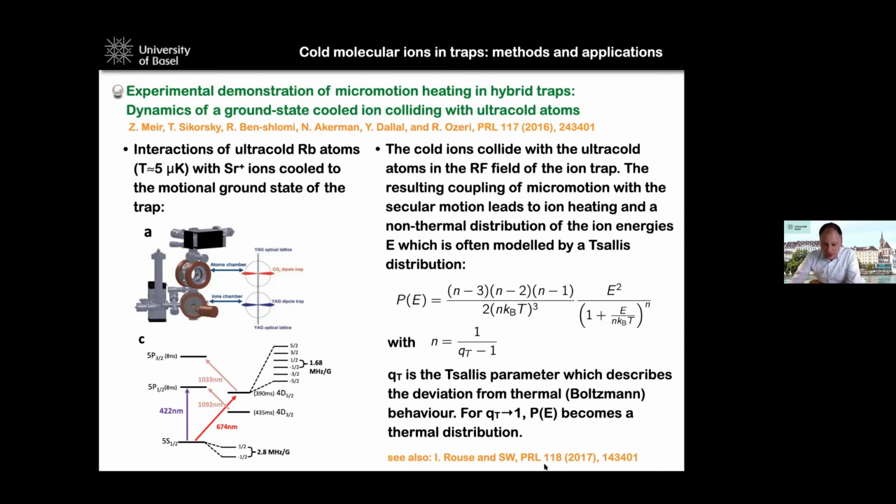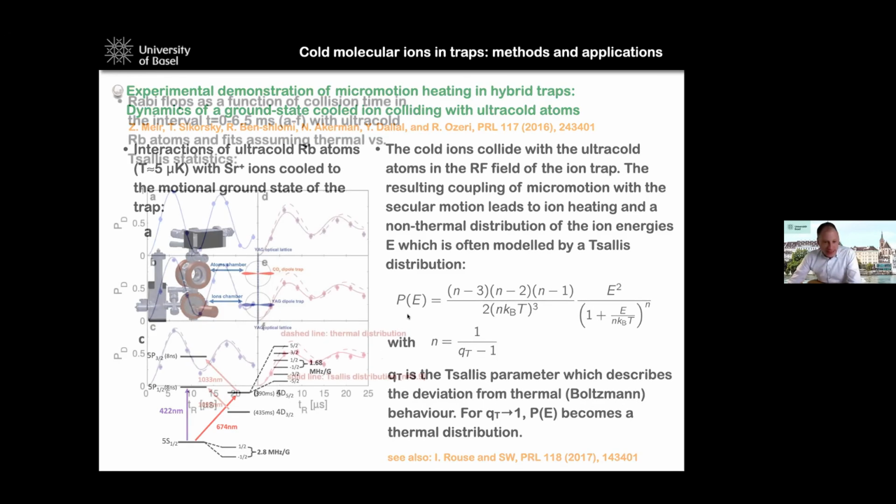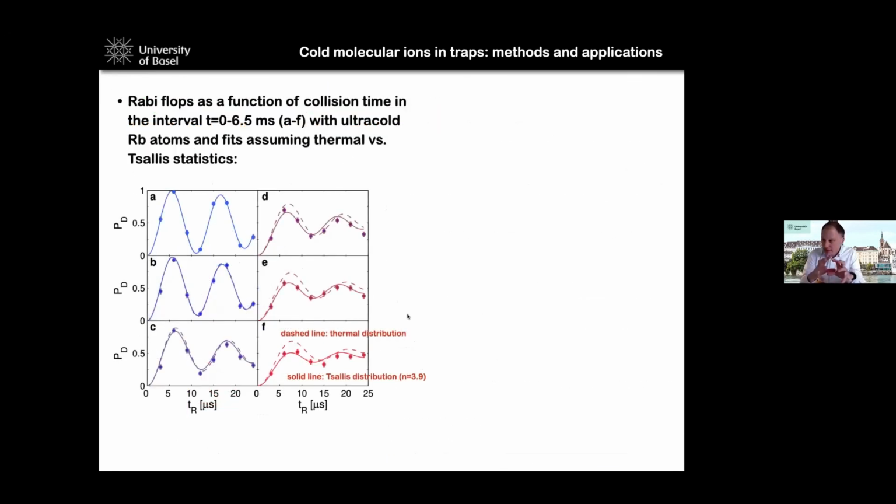And a few years ago, we also showed that, starting from some very fundamental considerations, one can prove that for the case of an ion-atom hybrid system in an RF trap, we really have to arrive at something like a Tsallis distribution. Okay, so what they then did in this experiment is they had this strontium ion in the trap, in the ground state, and then interacted with the ultracold rubidium atoms. And after a few collisions of an ion with atoms from the ultracold rubidium cloud, they would then